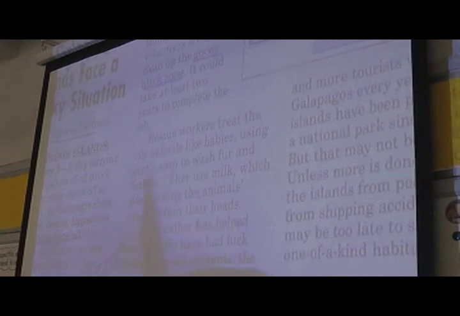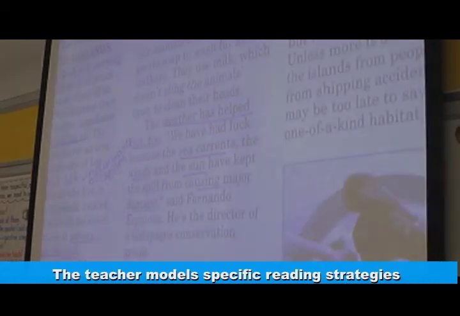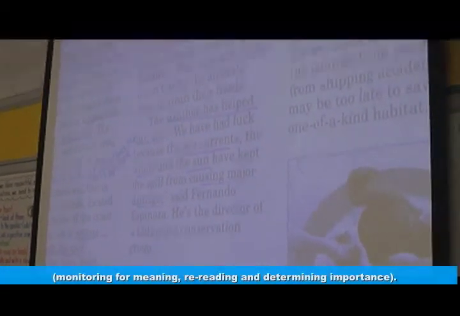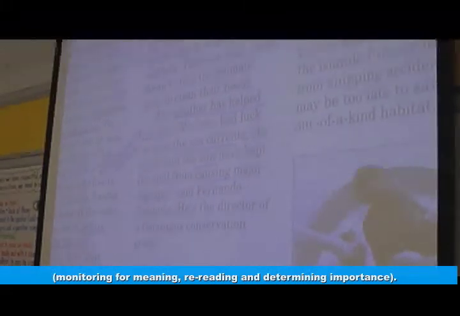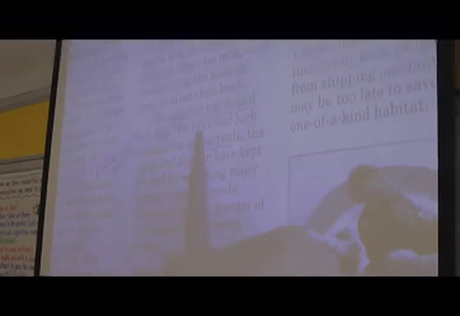Rescue workers treat the oily animals. This last paragraph kind of gets me confused, so as a good reader, I'm going to go back and reread just so I can make sure I understand that part. Because I want to make sure, but I think it might have to do with what Tevon was talking about a little bit. So let's go back and reread. The weather has helped out too. We have had luck because the sea currents, the winds, and the sun have kept the spill from causing major